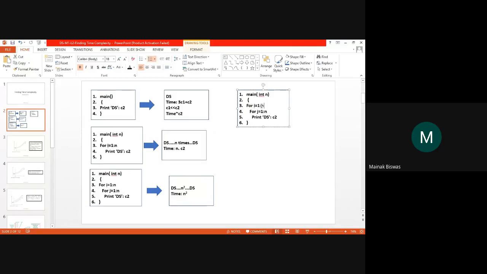Now let us say for j equal to, let us say again n, this is the input only. But again, this program will run from which angle? So I greater than 1, I equal to I by 2. So now the time complexity in this case will be how much? The input is still n, but it will print how many times?